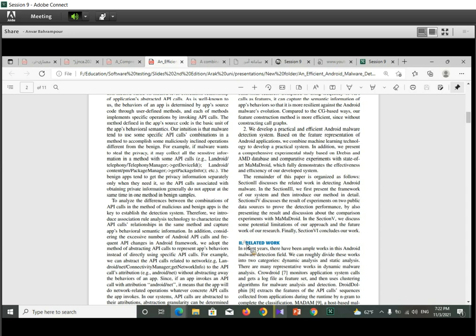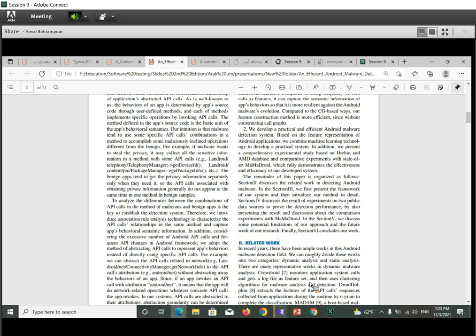The next section of each paper normally is the related work. The related work talks about how many works were done before this work about the problem, how they treat this problem, and what approaches are proposed in the literature for the main problem of the paper, and explains them in abstract.